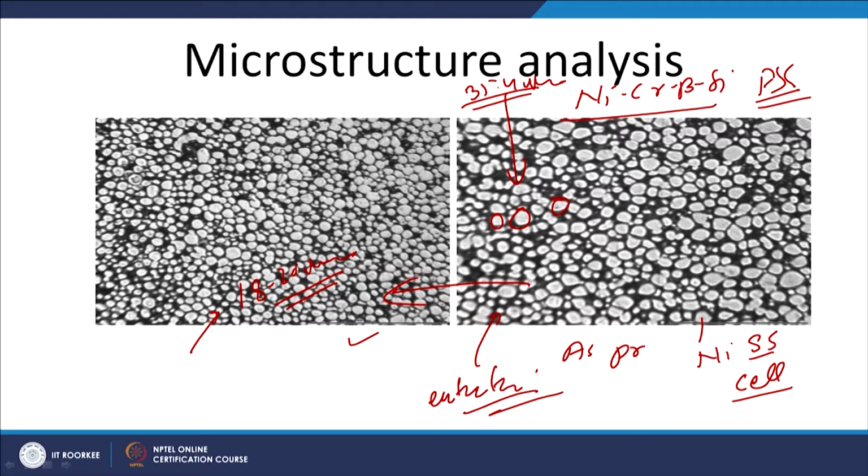Such refinement is expected to increase the yield strength and the hardness, which in turn will enhance the wear resistance. So it is important, through image analysis, to find out the average grain size and the fractions of the various constituents. Here we can determine the fraction of the nickel solid solution cells and the eutectic percentage separately.